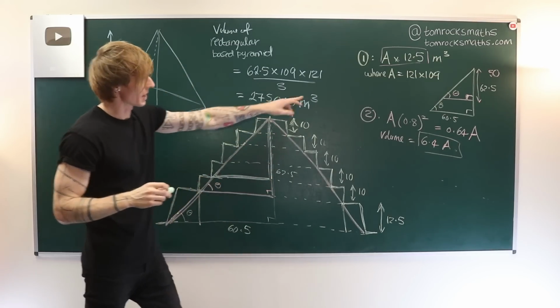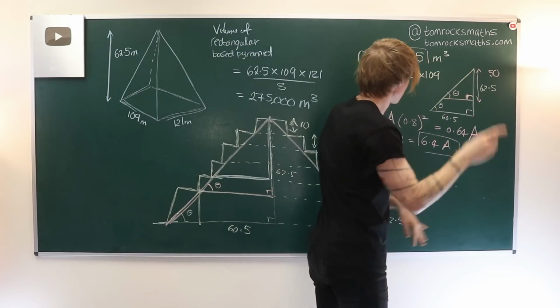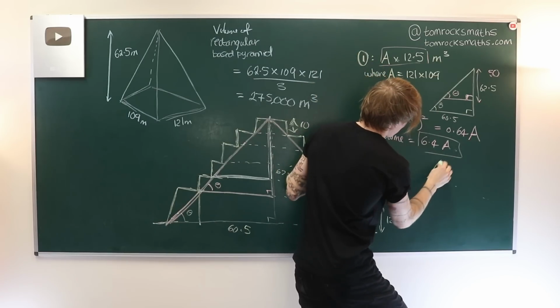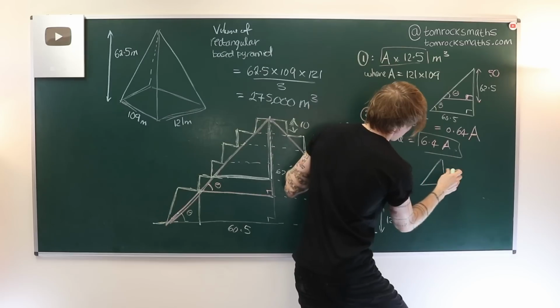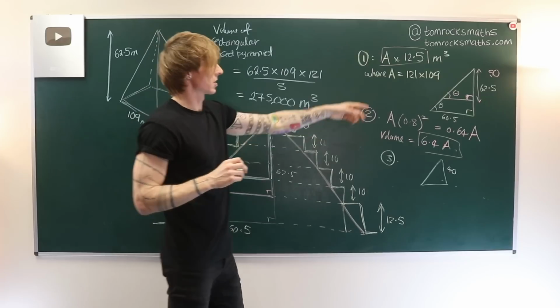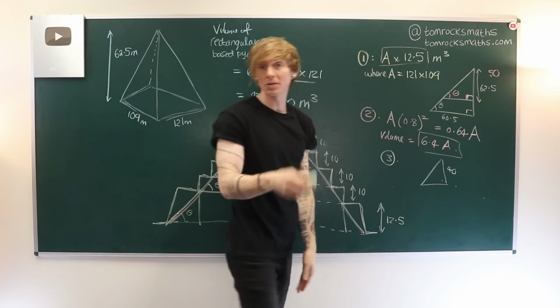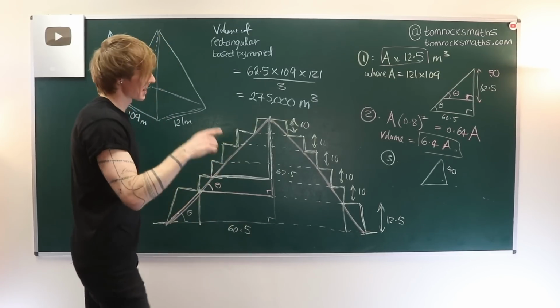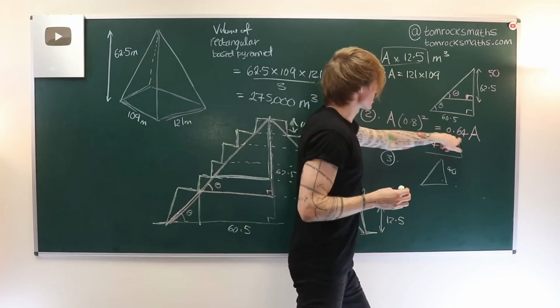So before we had a height of 50, now on the third one, what are we left with? We had a height of 50, we now have a height of 40, and so we've actually gone from 50 to 40, we've multiplied by 0.8 once again. So it's 0.8, so we previously had